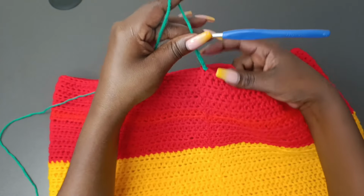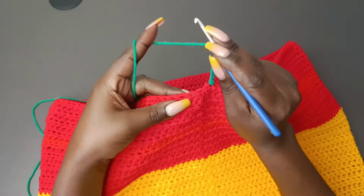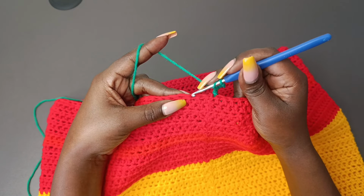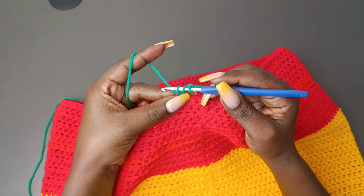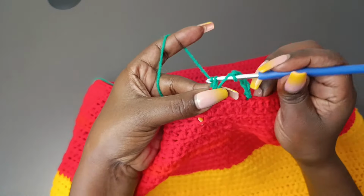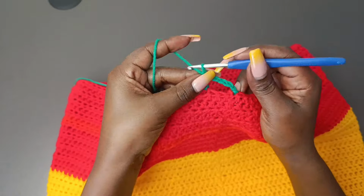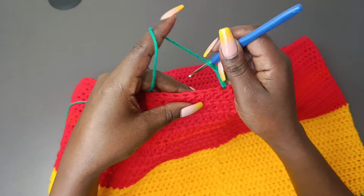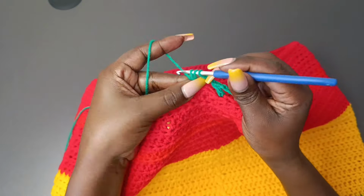The chain 5 represents a double crochet and 2 chains in between. Then I'm going to yarn over, skip 2 stitches, 1 and 2, work into the third, place, yarn over and pull up a loop to get 3 loops on the hook, yarn over, pull through 2, yarn over, pull through 2 to complete a double crochet. Chain 2 again, yarn over, skip 2 stitches into the third, do a double crochet,